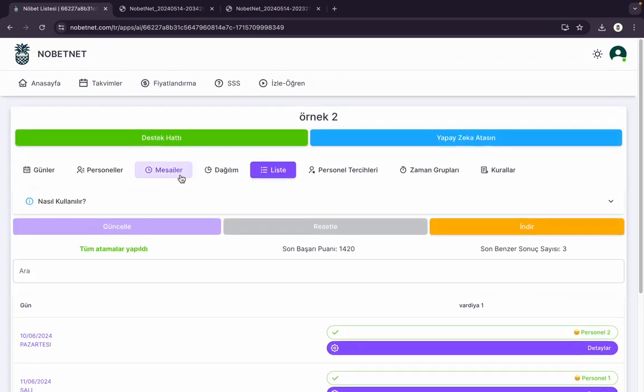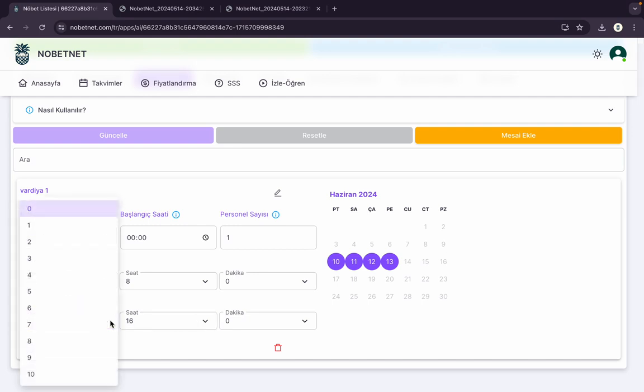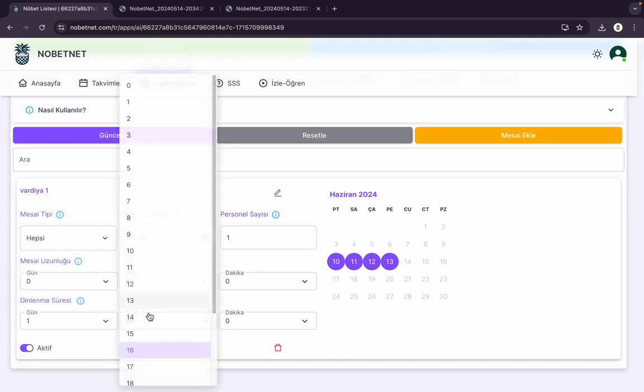Now, in our structure, as an example, we gave 16 hours off after 8 hours. So this means this: if a user comes on the 10th of the month, he can come on the 11th. If he came on the 11th, he can come on the 12th. But here we don't give 16 hours off. I suppose if we take a day off,